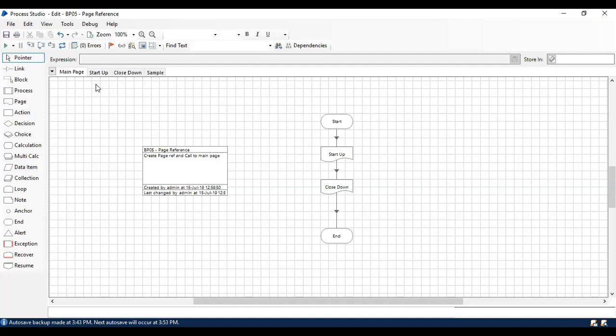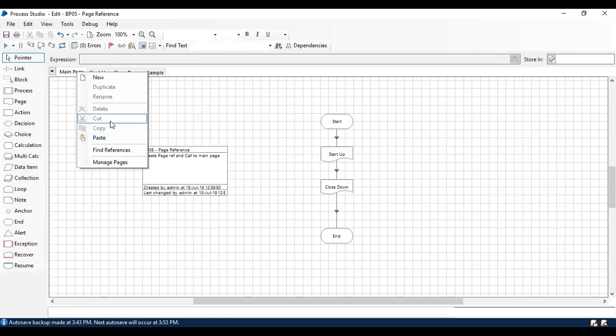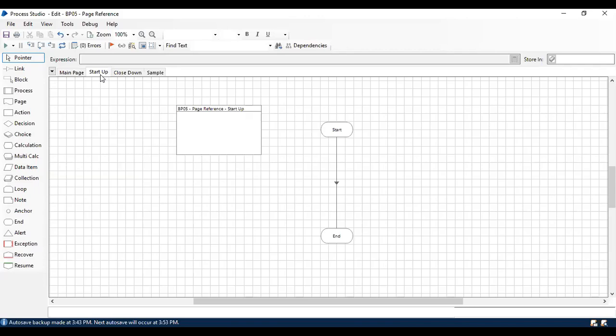As explained in the theoretical session, just right click on the page, which can be the main page or any subsequent page, and you will have an option called manage pages. But before that, you will have a couple of options that are faded out for the main page alone, because you cannot delete the main page or take a duplicate of the main page. That is given inbuilt by Blue Prism, and you cannot rename it either. But that is only for the main page, not for all other pages. You can rename them whenever you need, so you don't have any restriction in renaming other than the main page.